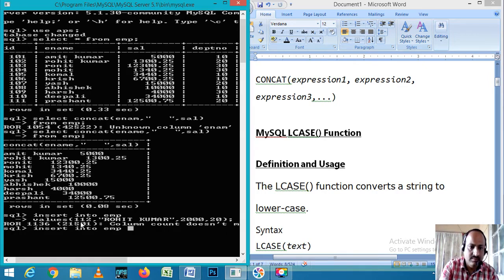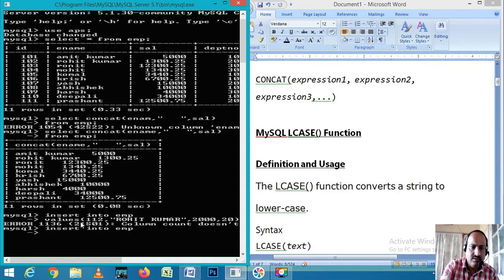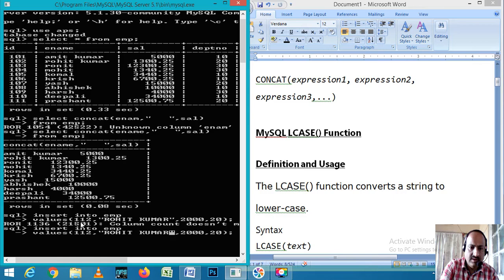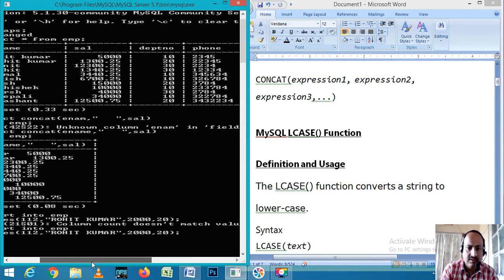Insert into emp values 112, Rohit Kumar, then the next value is the amount, and the last value, one more value, is the phone number.